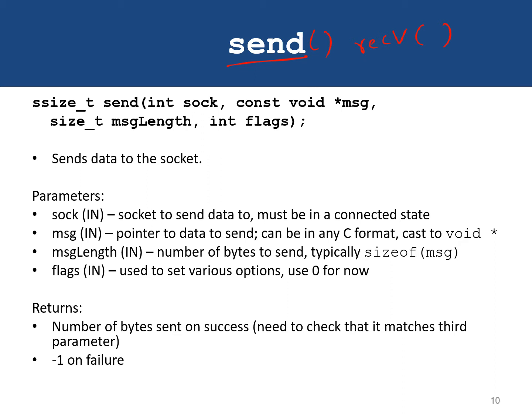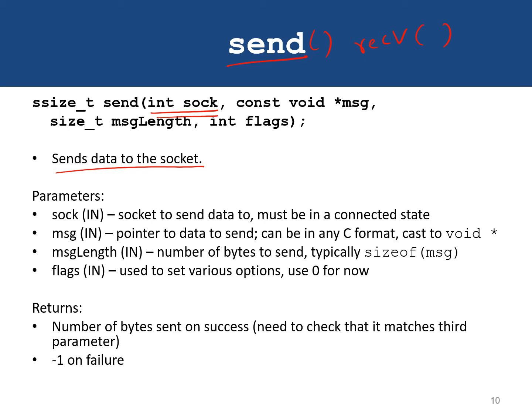As the name implies, the send function is used for sending data over a socket. As you can see here, the send function has a lot of similarities to the write function that we talked about earlier. So let's go to the parameters here and the similarities will become clear. The first parameter which is passed to the send function is the socket to which we want to send data. Now this socket must already be in the connected state, and here we are assuming that the other function calls that need to be made for creating and establishing a socket or initializing a socket have all been done. So this is the file descriptor of the socket to which we want to send the data.